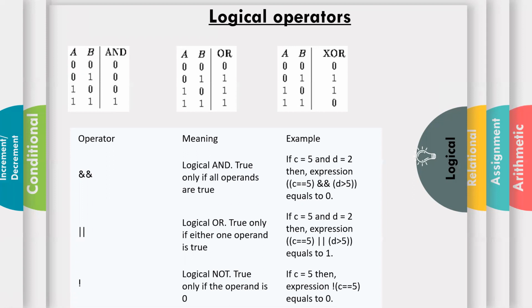But if you want to apply more than one relational operation in the same equation or in the same statement, you will apply this logical operation. And what is the meaning of this logical AND? If both conditions are true, then only the output is true. If at least one of the conditions is true, the output is true. And NOT means if you get an output of 1, if you put the NOT operator, that becomes 0. Similarly, if you got an output of 0, if you put NOT before that, it becomes 1. That means changing true to false and false to true is NOT.